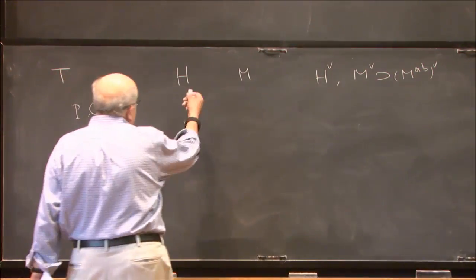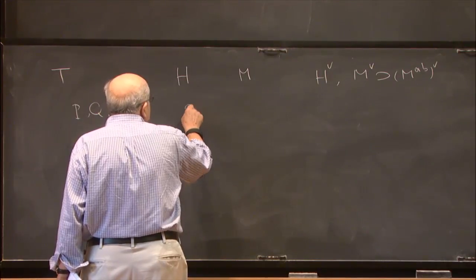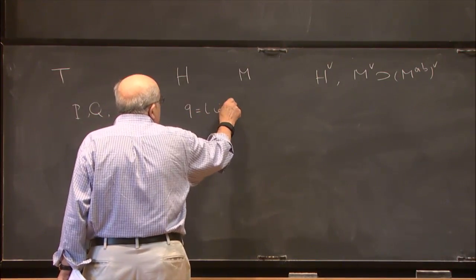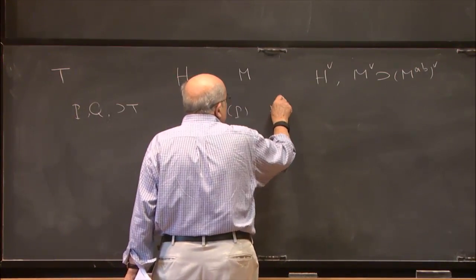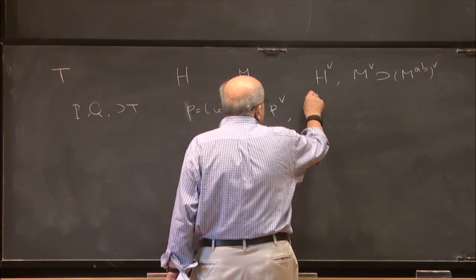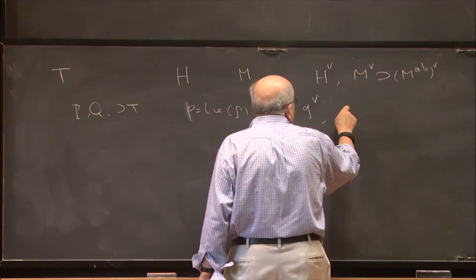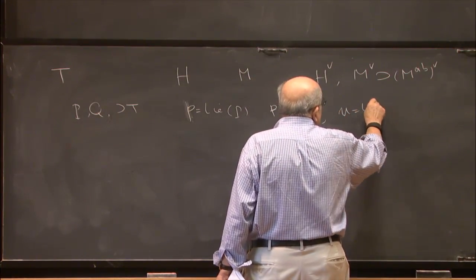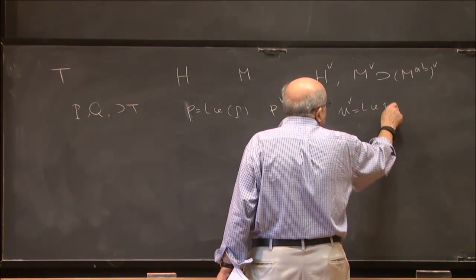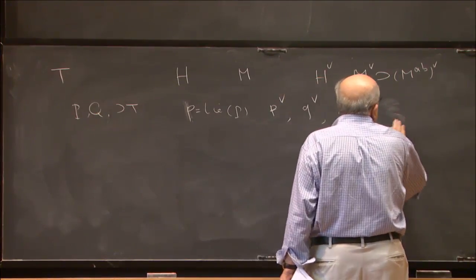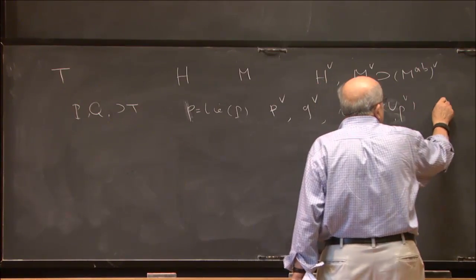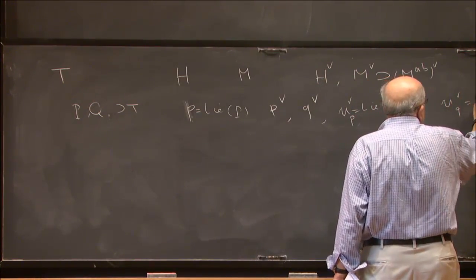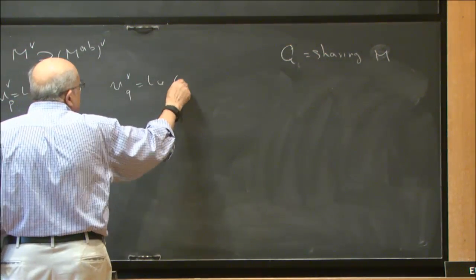And then you take the Lie algebra of P, Lie of P, and then they have the dual, and then they have Q check, and then also they have the U, which will be Lie of UP check. UP check, and then have UP, and then have UQ check. I mean, this is their writing. It's not easy to read them.